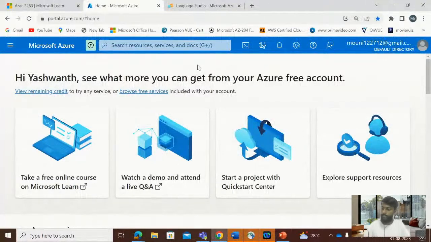So I've zoomed it a little bit. 1 second. Okay. So hope my screen is visible. So for all the beginners who are new to Microsoft Azure, this is how your Microsoft account looks like. So this is a free trial account. If you are new and if you want to explore a lot of things, and even if you want to create a chatbot at the end of the session, feel free to register for this free trial, which is free of cost, and you'll be given